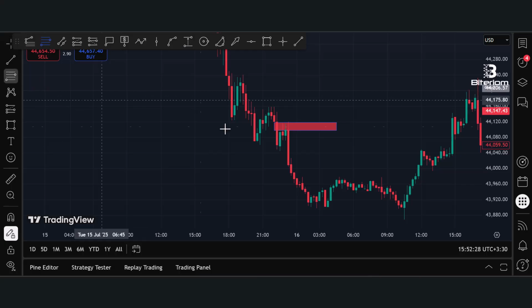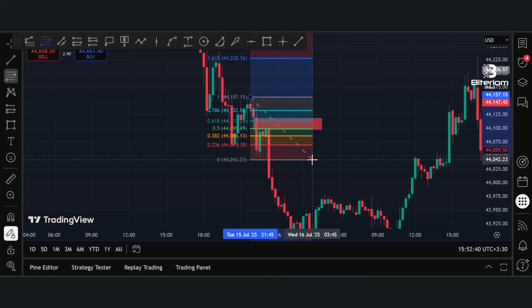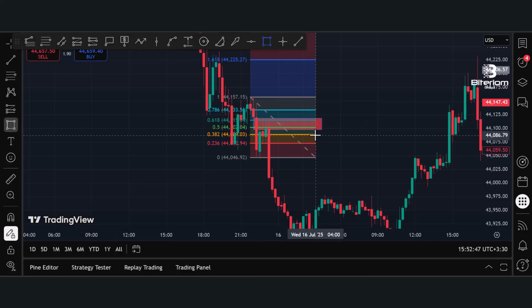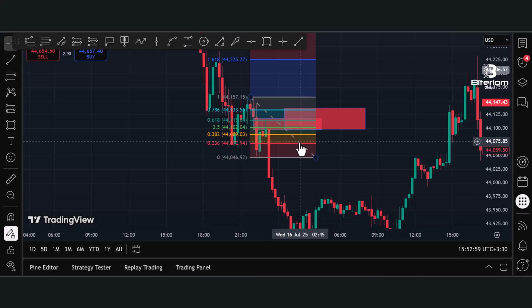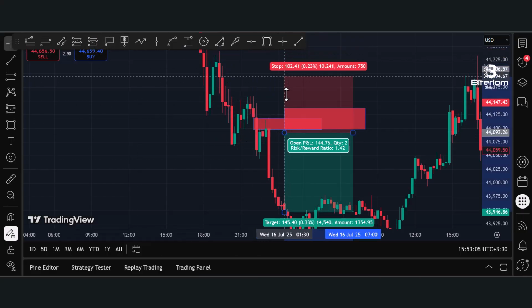After that, we can use the retracement Fibonacci, draw this Fibonacci from the highest price of this leg to the lowest price of this leg, and we can mark three lines of Fibonacci as a resistance zone, like here 0.5, 0.618, 0.786 as resistance zone. When price pulls back under this zone, we can open a short position and put our stop